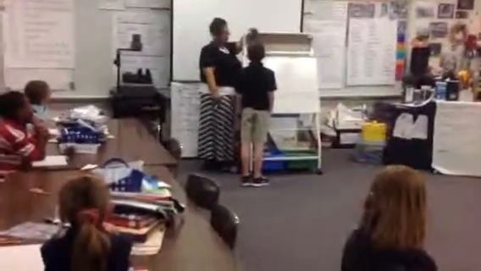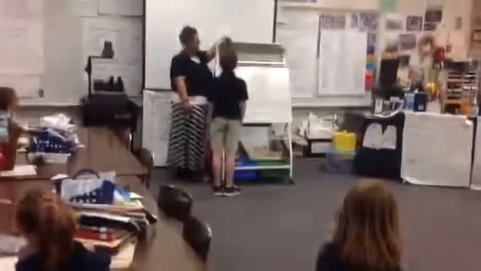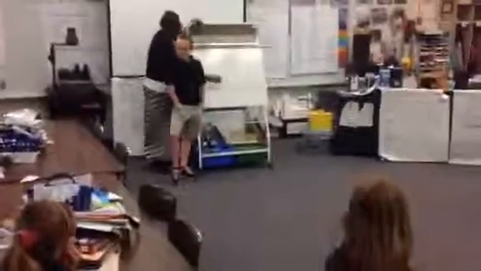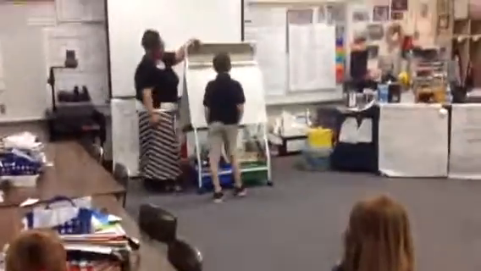Because we don't go to school till 4. Cameron's taking time out. Tell him again, Cameron. Because we don't go to school till 4 o'clock. What time does school get out, Travis? Right here. What time does school get out? 3:30. So what do we have to switch to now?